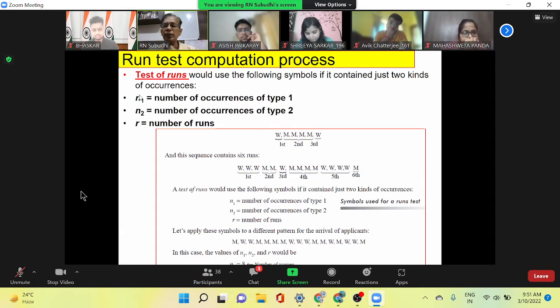Two other symbols, all of you please write down in your notebook. n1 means total number of first category symbols. n2 means total number of second category symbols, right? So once you find r, n1, n2, then the simple formula for the run test is